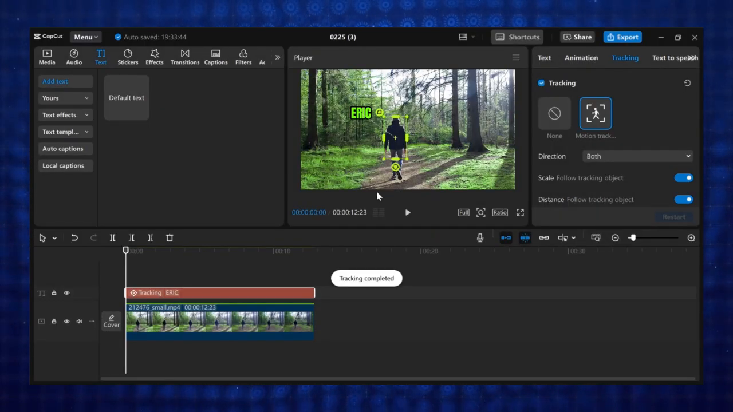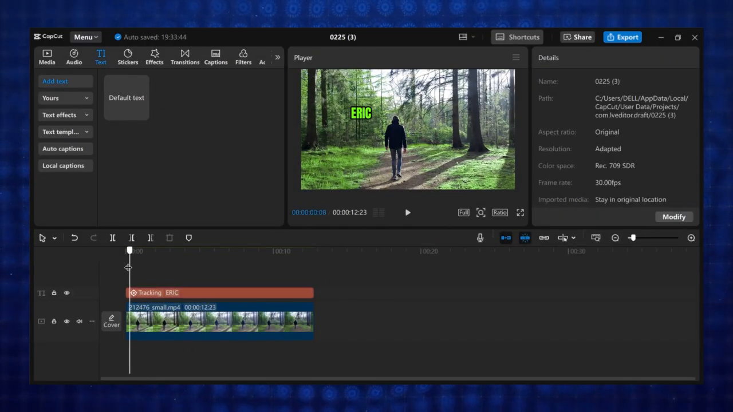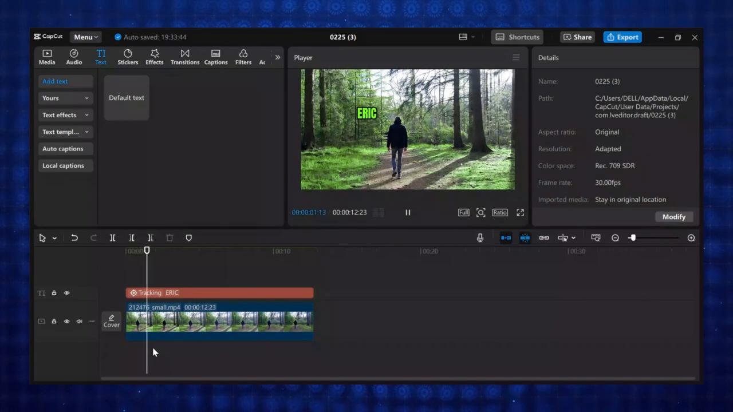And this is how to create this text tracking in CapCut PC, and you can track different things, like stickers,